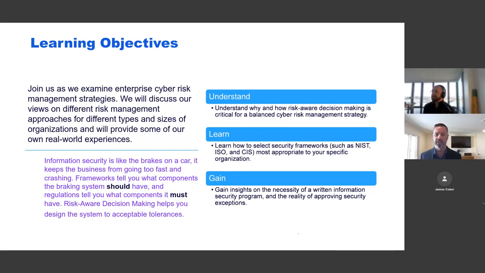The other thing I want to do is I want people to walk away with some real world examples here. So at the end, I'm going to give you my connection to LinkedIn, and I'm happy to share some of the templates that I've used for budgets, for how you present risk to boards and how you present budgets to boards too.